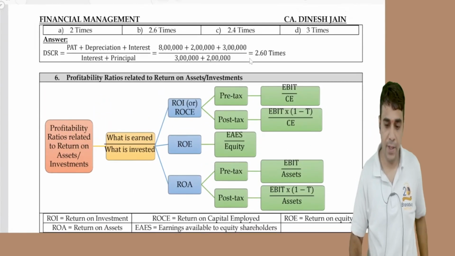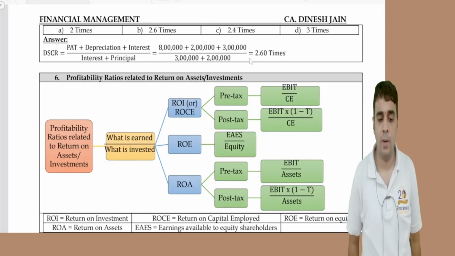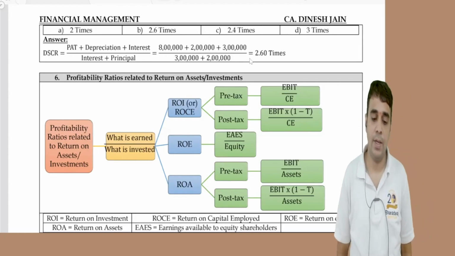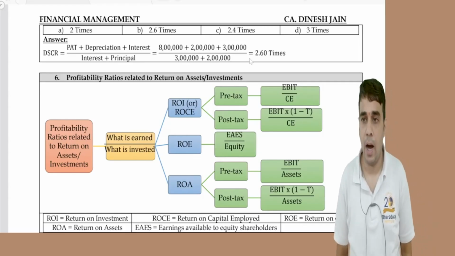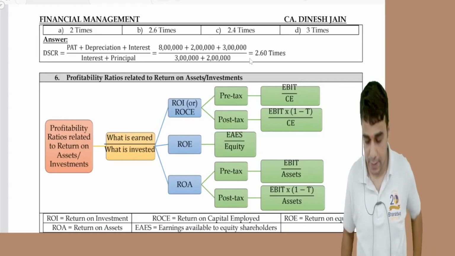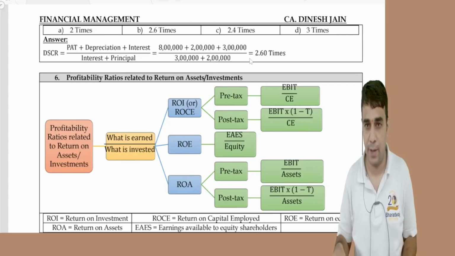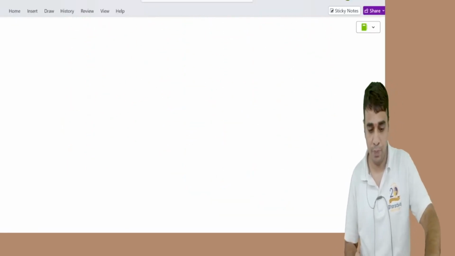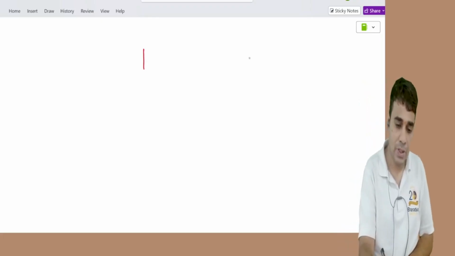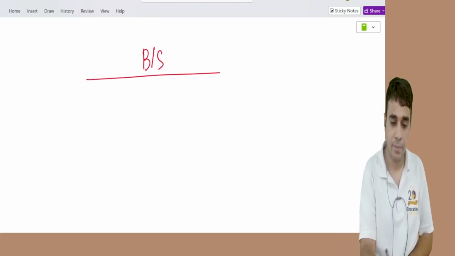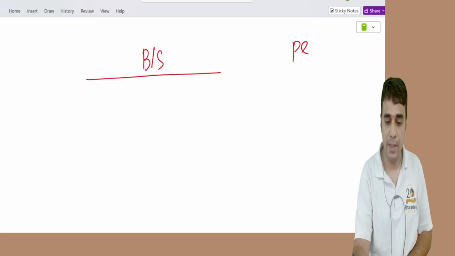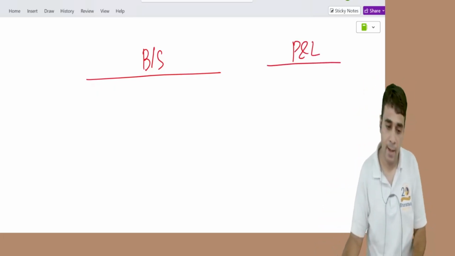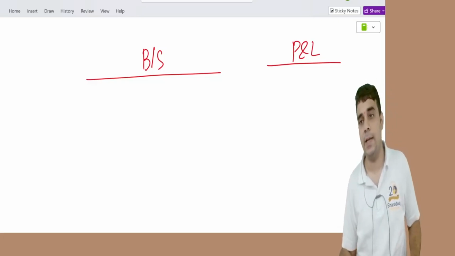Okay. We have a category called profitability ratio related to return on asset or investment. Return on asset or investment. What is this category of ratio? What are we doing here? Let us understand it. Now, in the balance sheet and in the P&L, we have some profit figures in P&L, and in the balance sheet we have certain asset figures